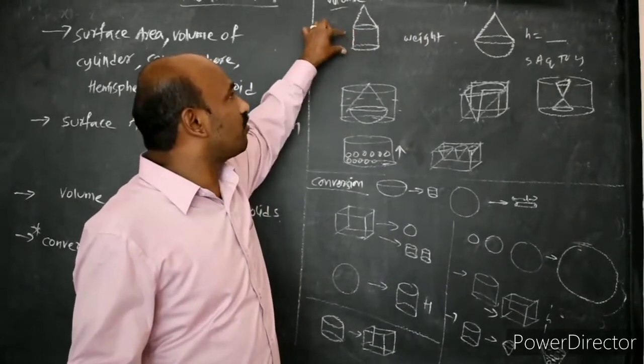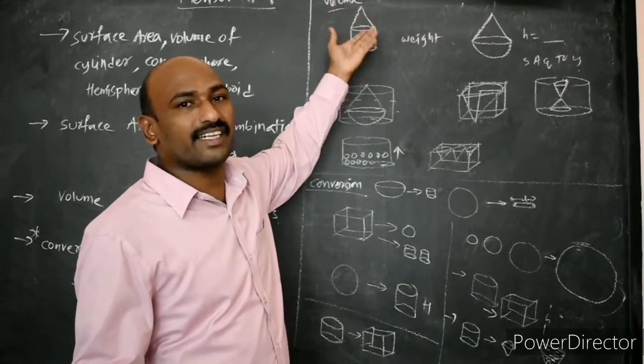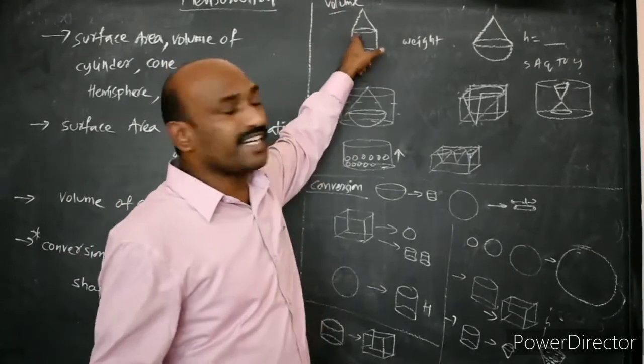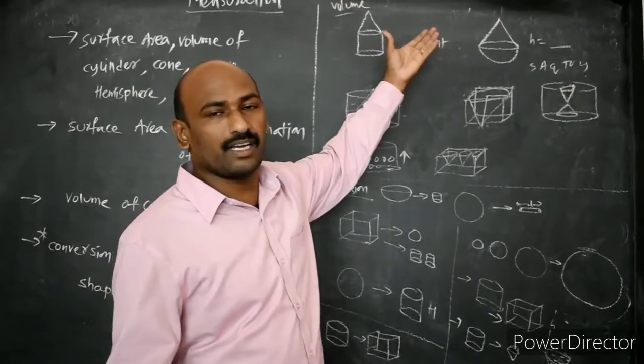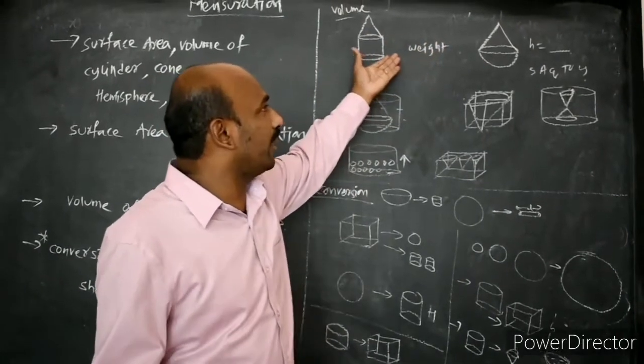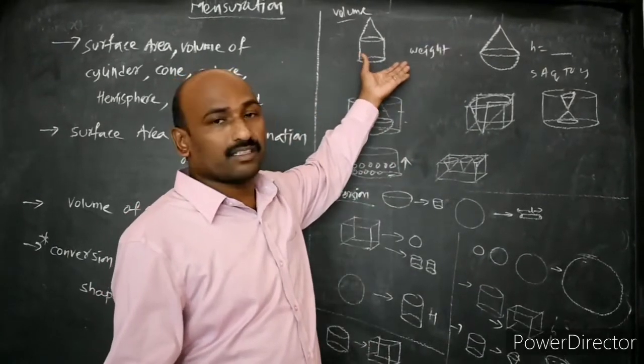How we can find out means volume of the cylinder plus volume of the cone by given dimensions, radius and height they will give, and a common radius will be there for cylinder and the cone, and we can get volume in the meter cube or centimeter cube, and based on that we can get total volume of that 50